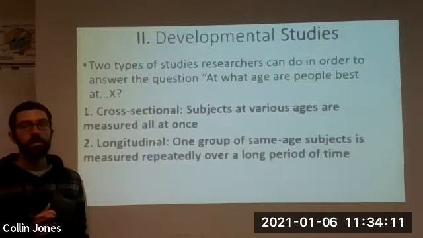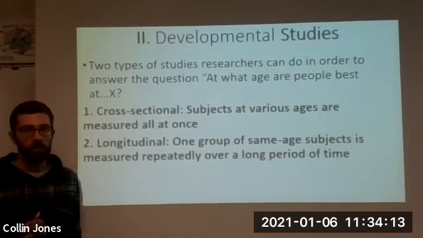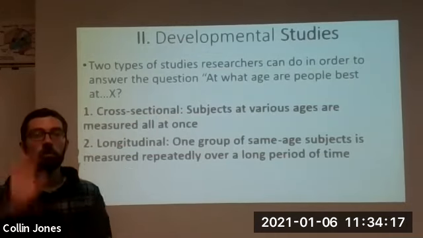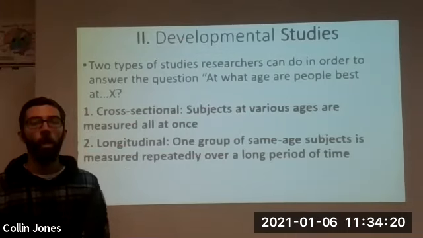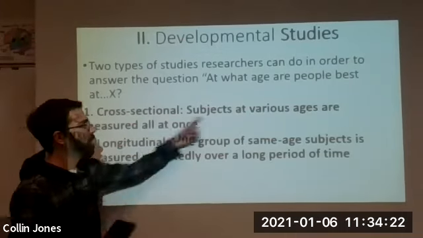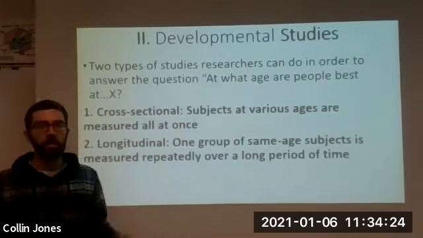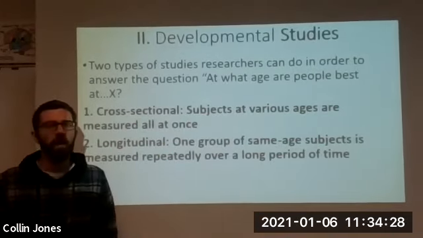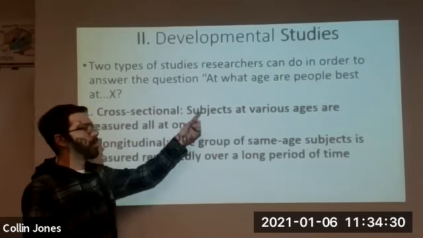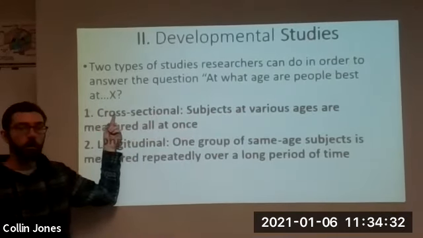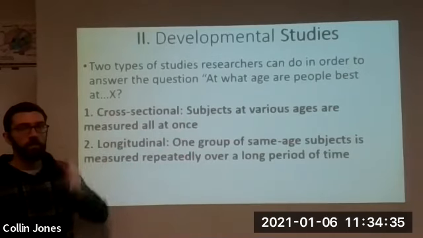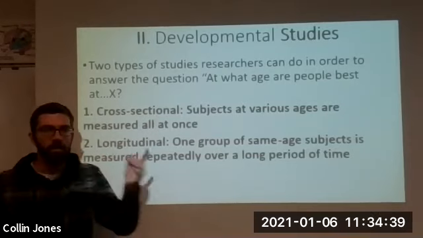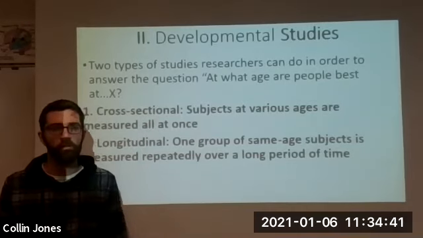So how do they develop these theories? Well, there's two types of studies, okay? Imagine I'm trying to find out at what age people are best at, I don't know, shooting free throws. One type of study, I could pick a day where I get 5 and 15 and 25-year-olds and I have them all shoot 100 free throws. I just measure how they did, right? So all at once, at one time, I'm taking people from across different ages, 5 and 15 and 25 and 45 and 65-year-olds. And I can graph it and see at which age people are best at shooting free throws.